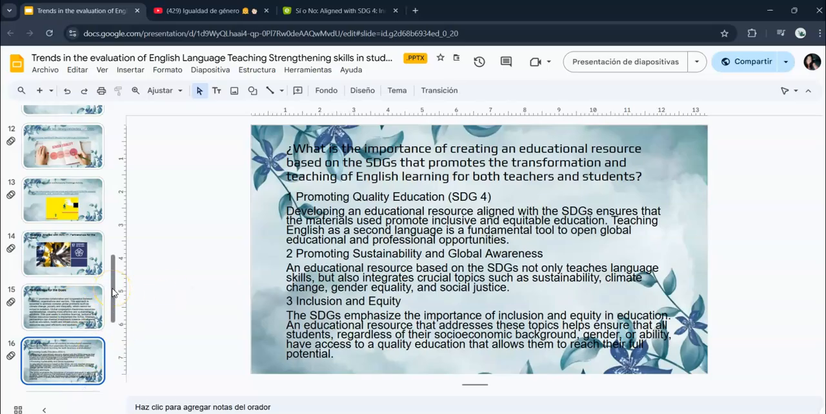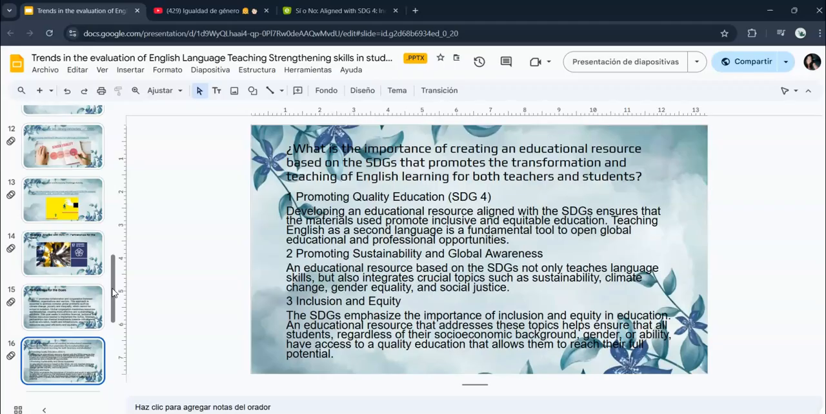So for now, we make two questions for this digital resource. Number one, what is the importance of creating an educational resource based on the SDG that promotes the transformation and teaching of English learning for both teachers and students? This is an important question for all of us. And to answer this question, we have